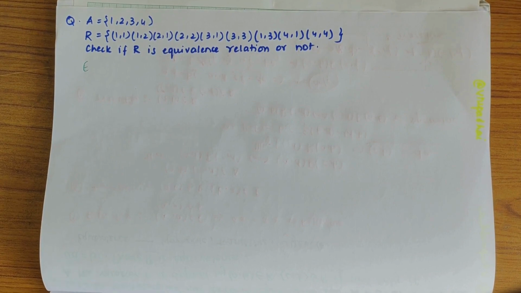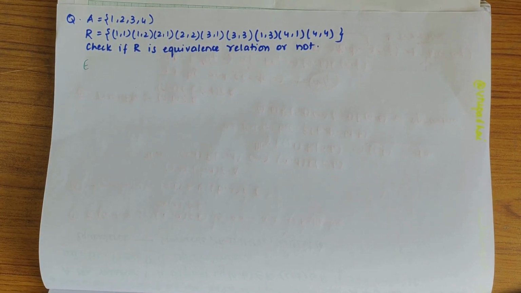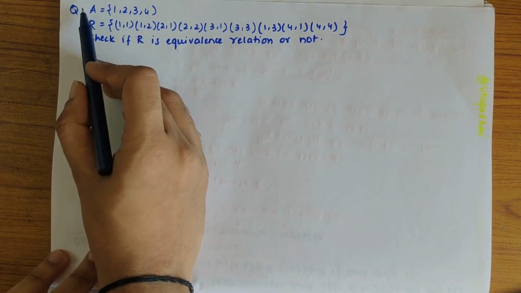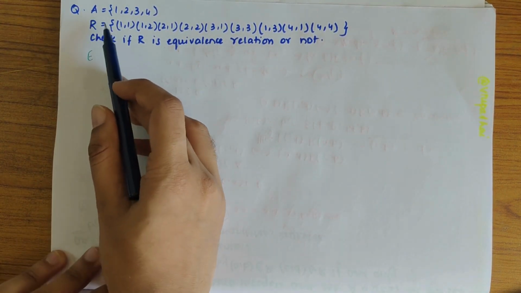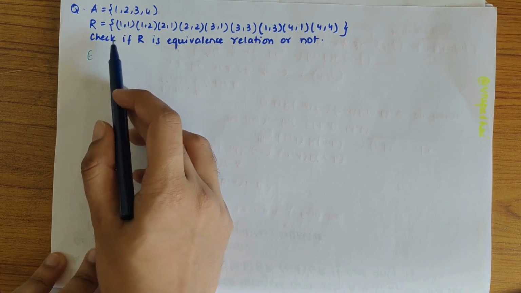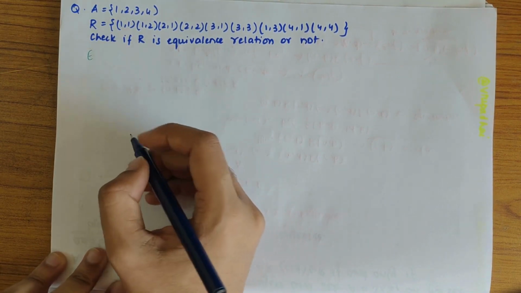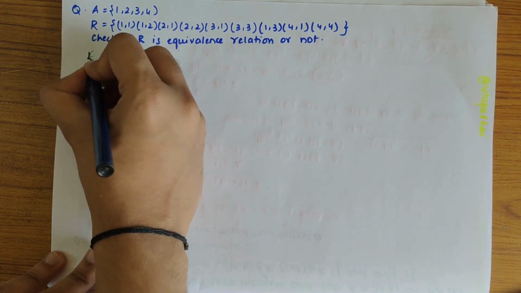In this video we'll be looking into this problem statement. So here the set A consists of 1, 2, 3, 4 and relation R is defined here. So we have to check if R is an equivalence relation or not. So firstly,